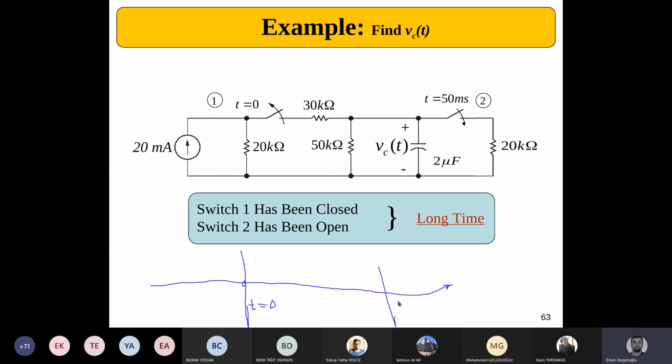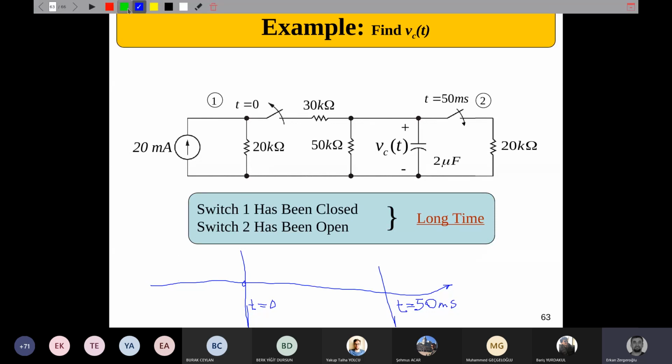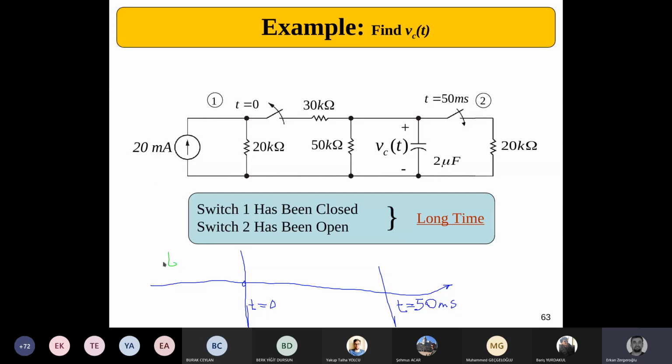Then at time t equals 50 milliseconds, the second switch kicks in and it's closed. So we have to analyze the circuitry in a different manner now. There are three different sections. The first section is this one, when t is less than 0. The second is here, when t is between 0 and 50 milliseconds, and